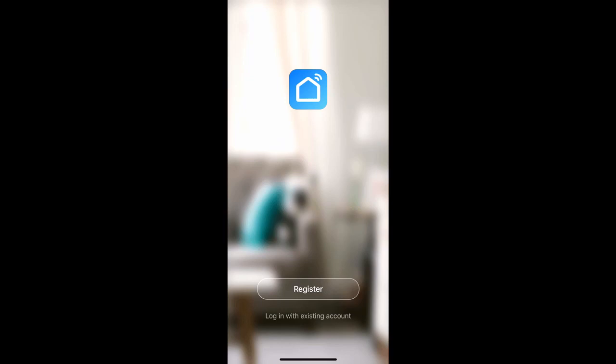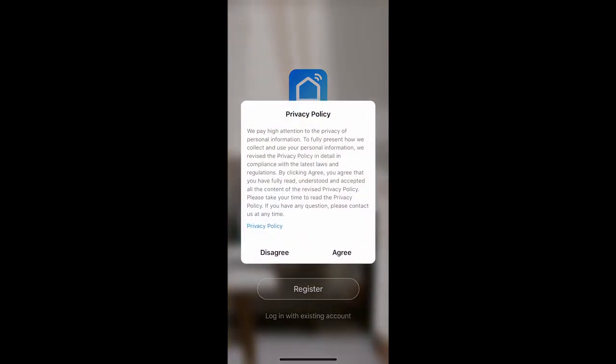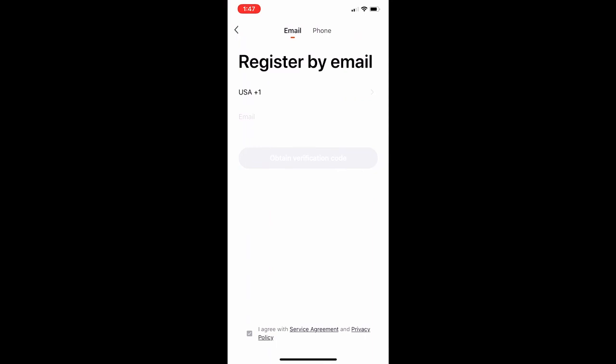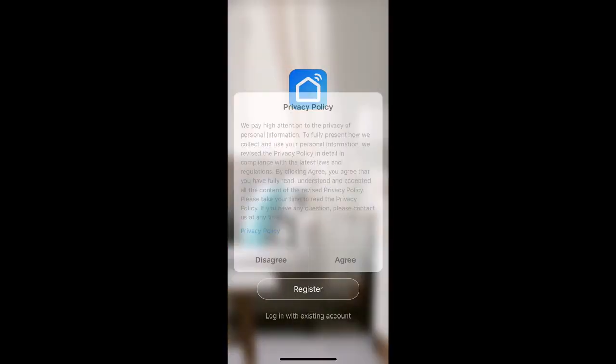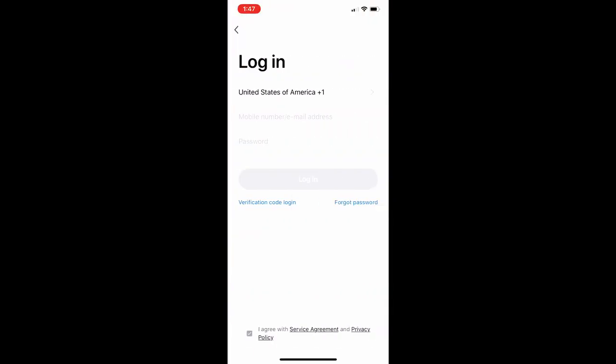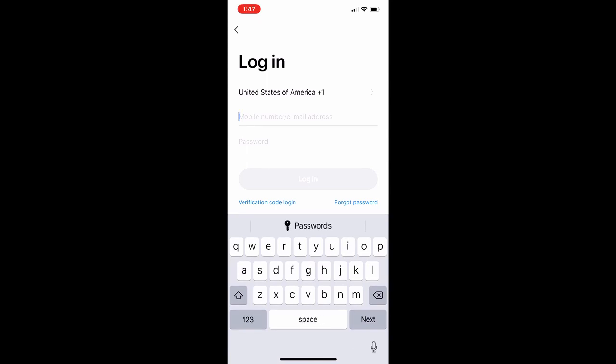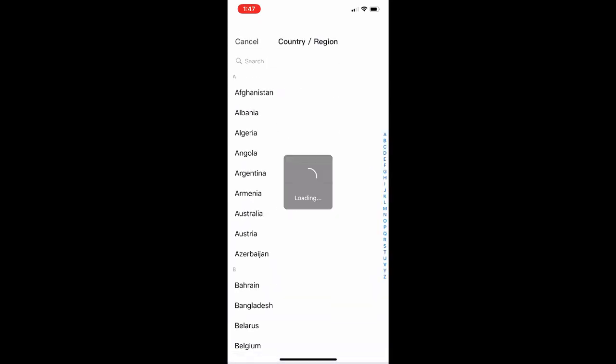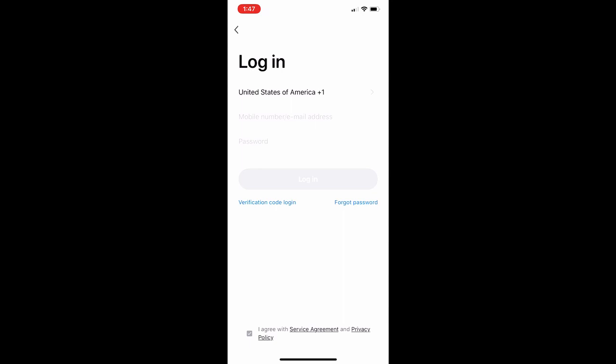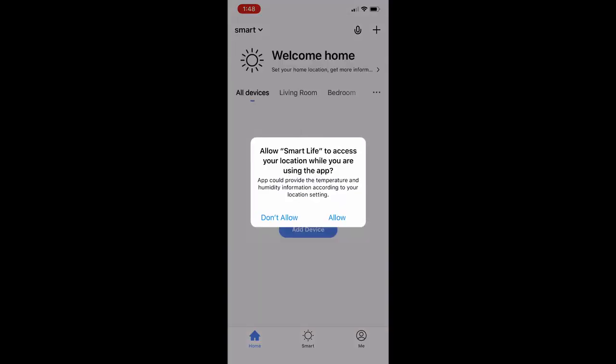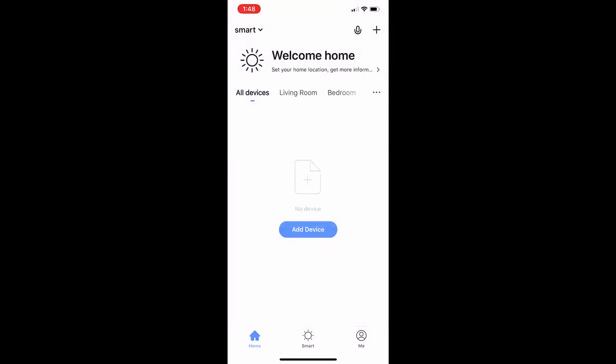If you haven't registered on the Smart Life app yet, click on Register to continue. You can choose to register by email or by phone. Either option is fine. Once you have registered, you can now log into your account. Once you see the screen, press Allow for the Smart Life app to access the location